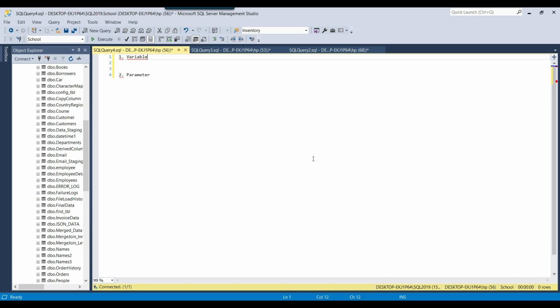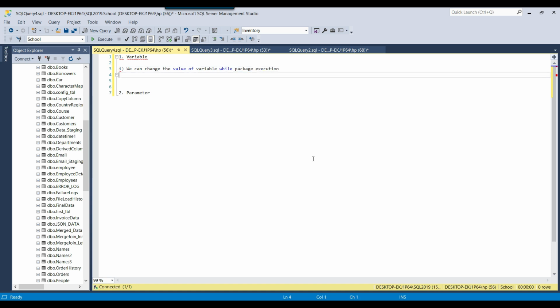If I talk about the variable, the first major difference is that we can change the value of a variable during package execution.